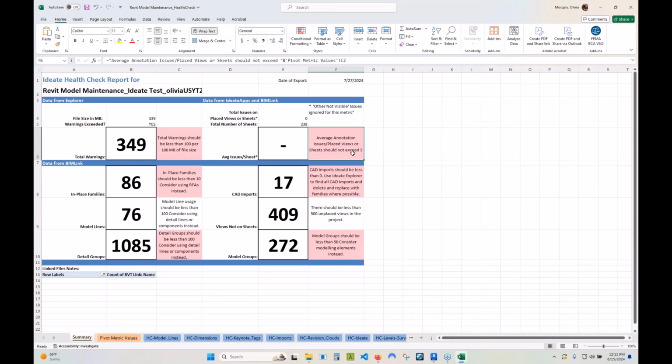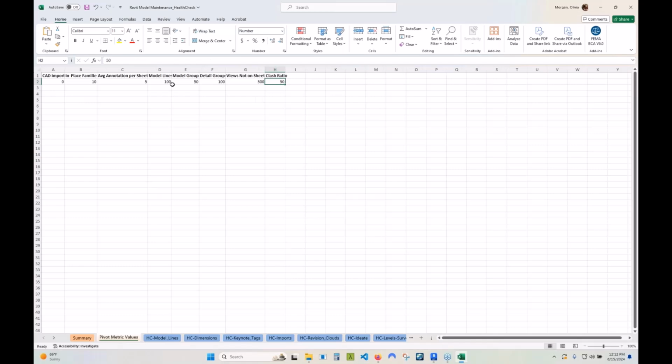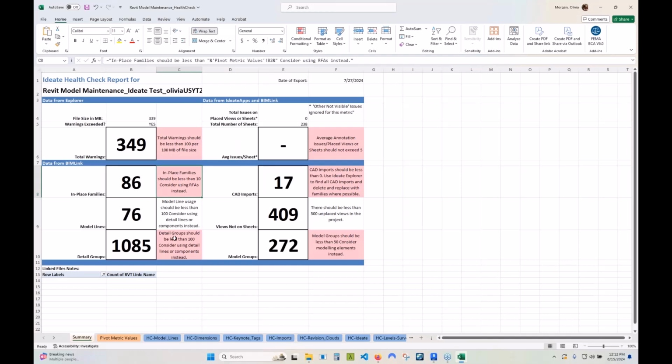So as I mentioned before, I'm sure other BIM managers maybe have their own numbers that they want to track. Maybe they think my numbers are too high. This is something that you can actually set in the template file that Ideate runs on. So if you look at the pivot metric values here, I changed this to reflect my baseline and numbers that I don't want to go above. So, you know, I changed my model groups to no more than 50, model lines to no more than 100, and so on to get this red block summary right here. So this is really a great tool to customize what you want to track and what you want to see